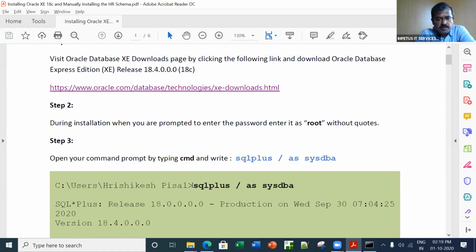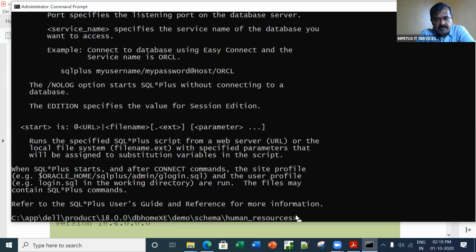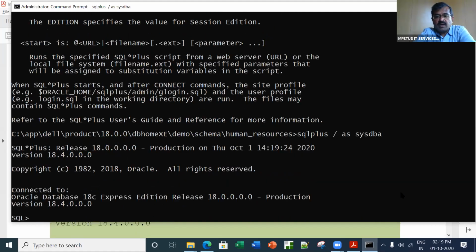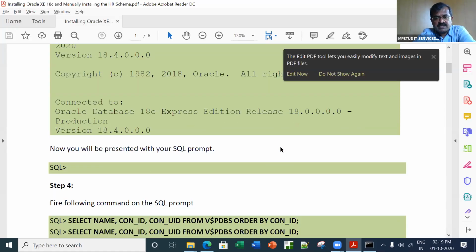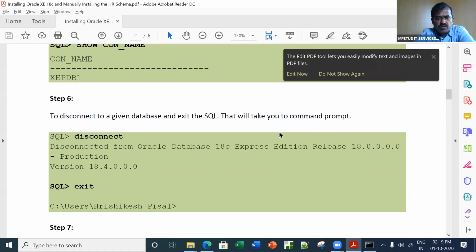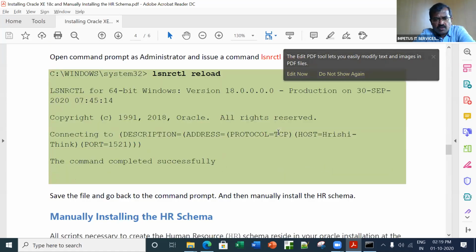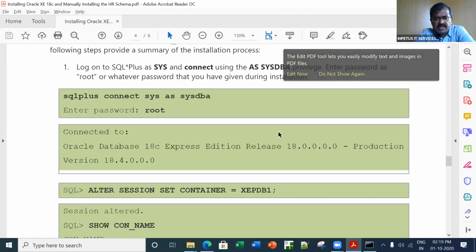Let me say sqlplus slash as sysdba. Maybe I'll have to change that statement in the file. Here I go. I'll log in as a DBA. There you go. Okay, so I need to update that instruction. sqlplus slash as sysdba is what we'll say, or you could have logged in separately as well. So I'll make the changes in that statement. Not an issue. So we are logged in as a DBA.